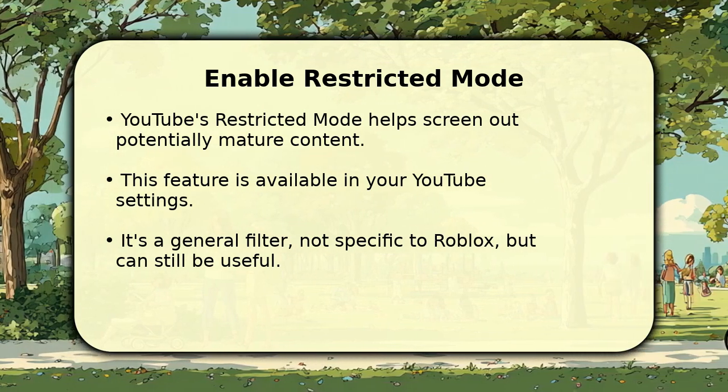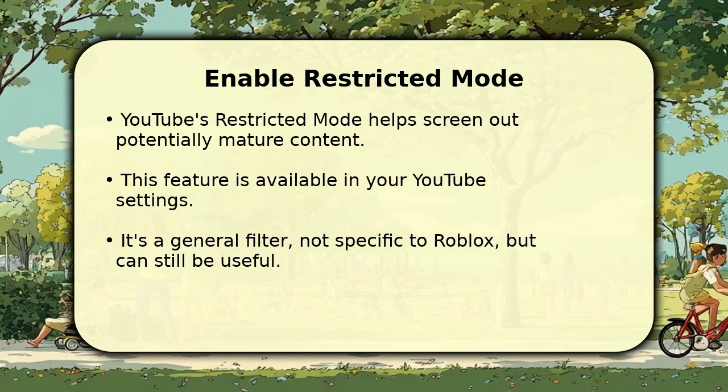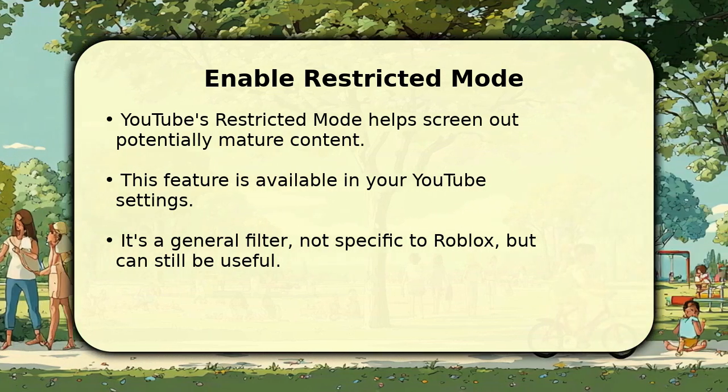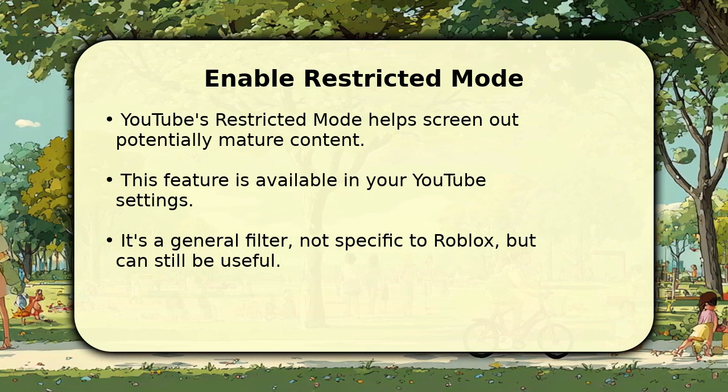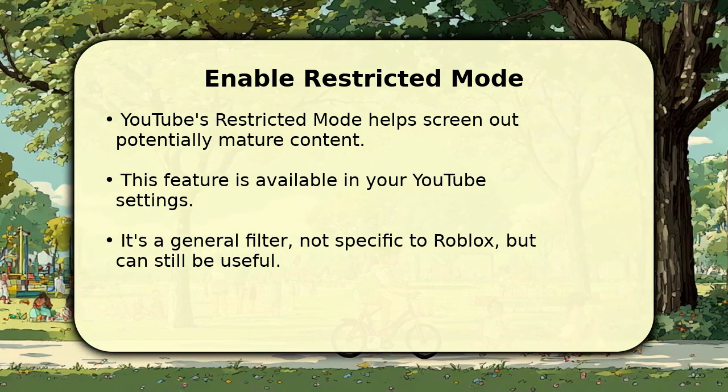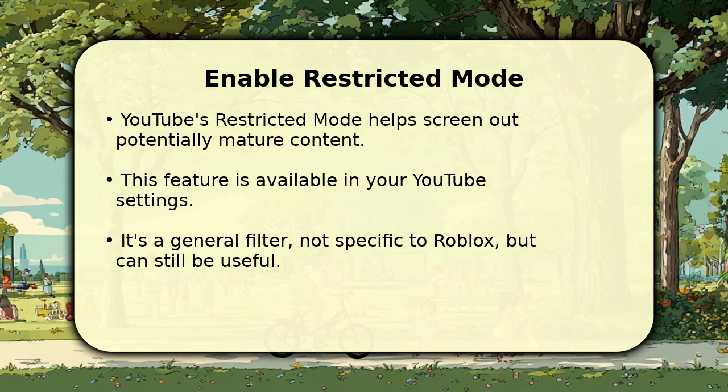To activate it, go to your YouTube homepage and click on your profile picture in the top right corner. Scroll down the menu until you see Restricted Mode. Toggle it to On. This applies per browser or device, so enable it on all devices your family uses for